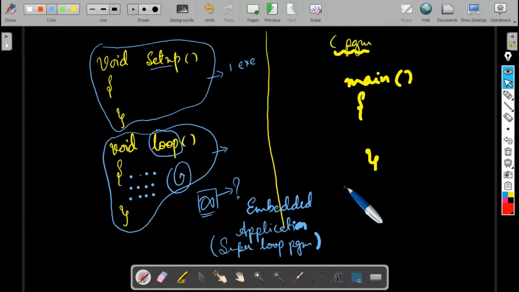We achieve this super loop programming in C language by having while(1). By having while(1), we attain the same kind of execution in a C program. Whereas in the Arduino IDE, we can achieve the same super loop programming by writing the code under void loop.